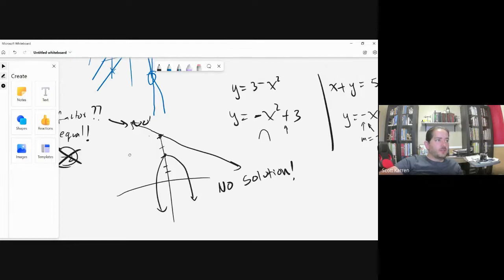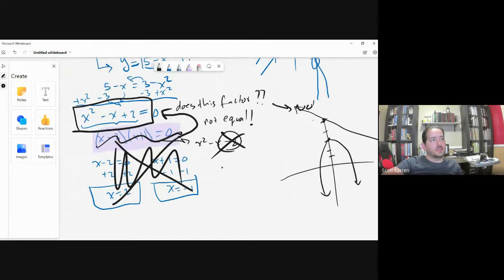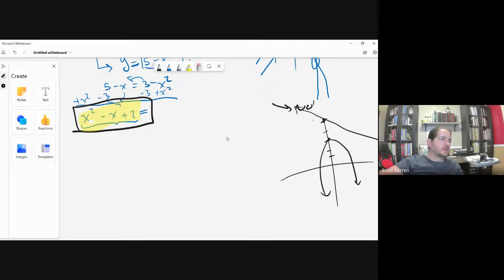Because if I do try to factor, I mean, just because I can't factor, I can still use this. I can plug that into the quadratic formula, right? And even though I botched it down here, let's just get rid of that. Let's just pretend that didn't happen, right? I don't make mistakes. This equals 0. So if I use the quadratic formula,